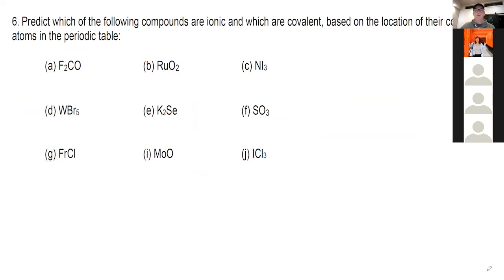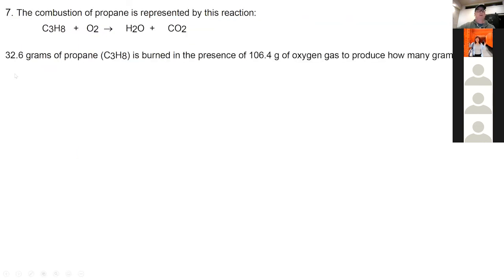Getting down to the last one here. I saved the best for last, because I know how much everyone loves these sorts of problems. Good old stoichiometry. Yay for stoichiometry. So I've got a question here concerning